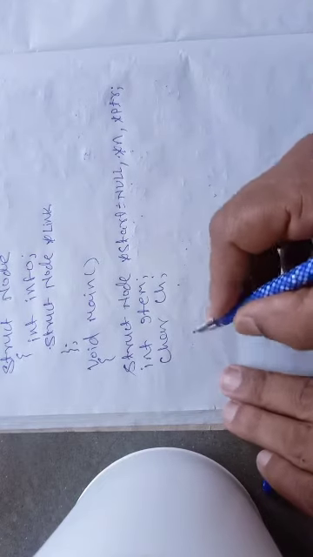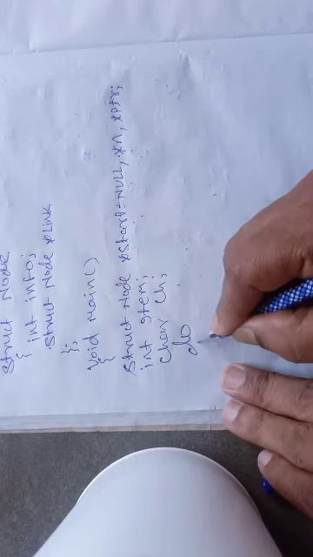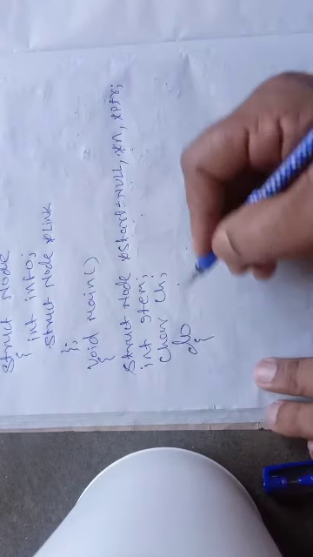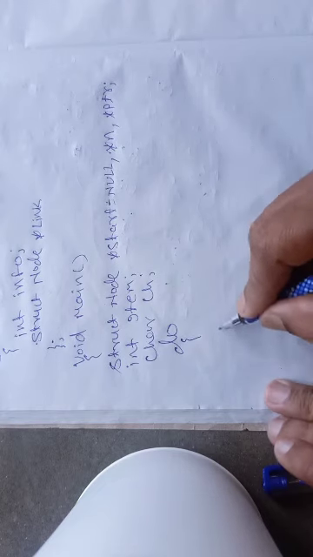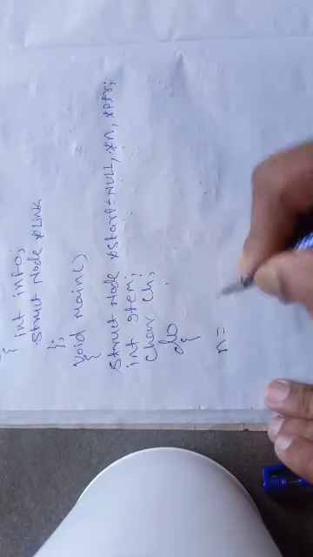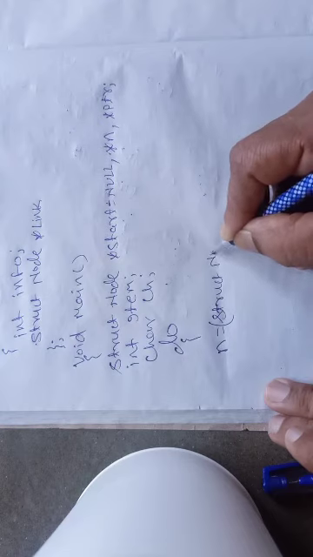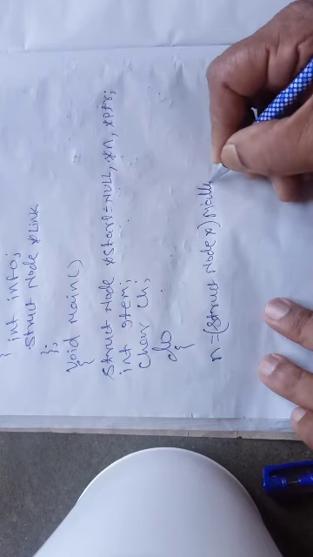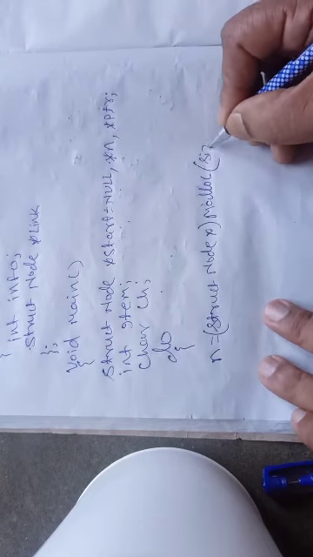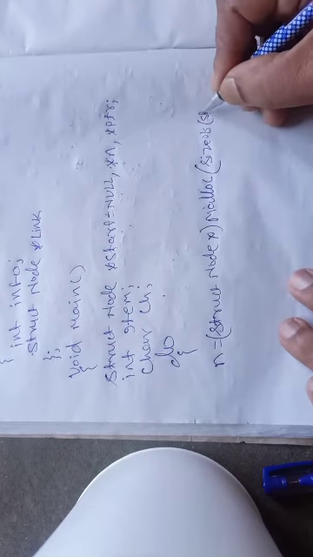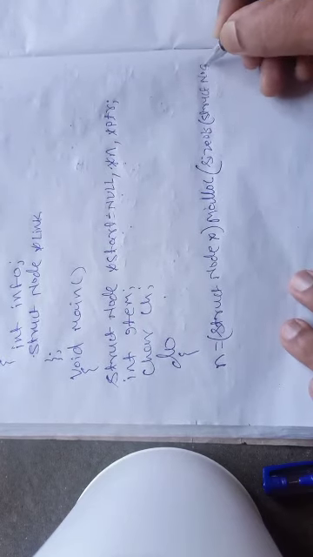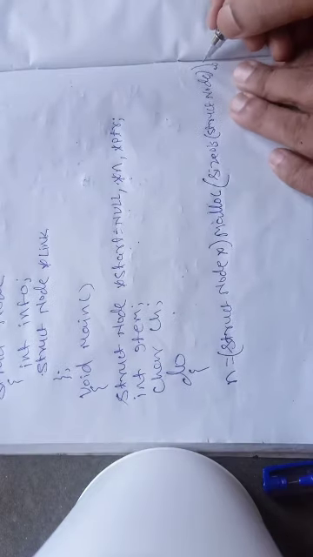Then I can implement a do loop. If you recall the algorithm, we have used a do loop here. Then our first objective is to create a new node. So how can we create a new node? I can write here n = (struct node *) malloc(sizeof(struct node)); This (struct node *) is the typecasting operator because we will use the malloc function. After the bracket there will be a semicolon.